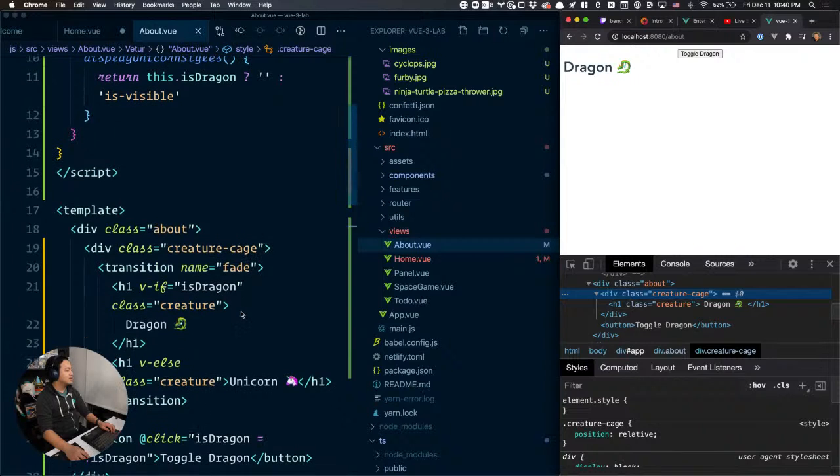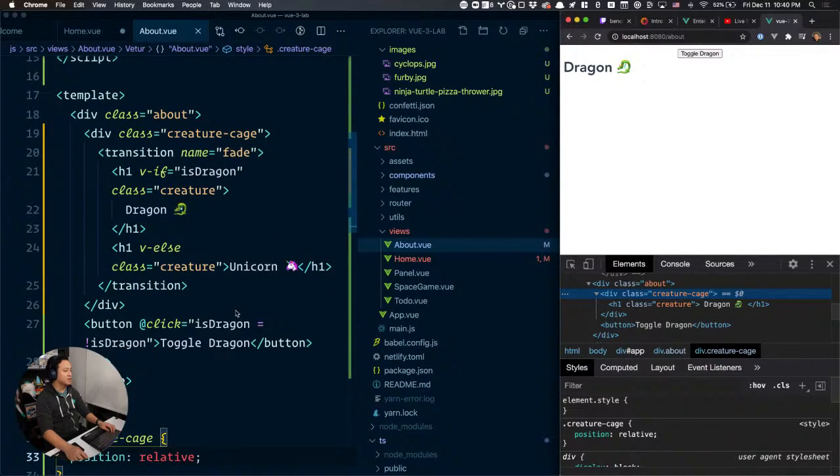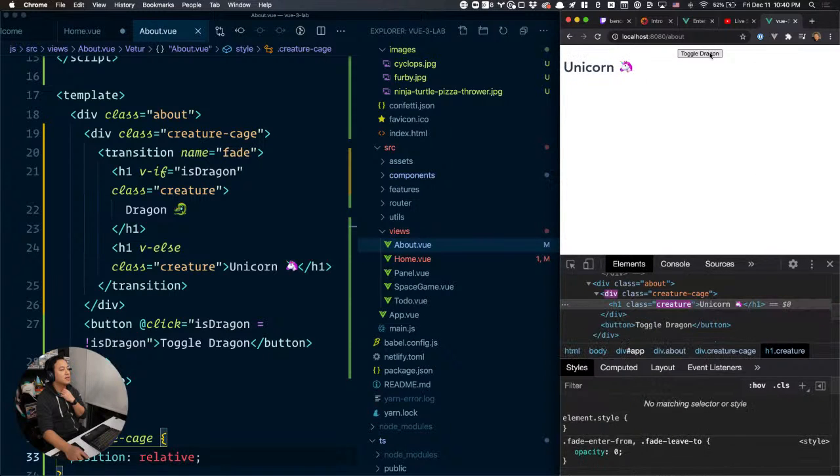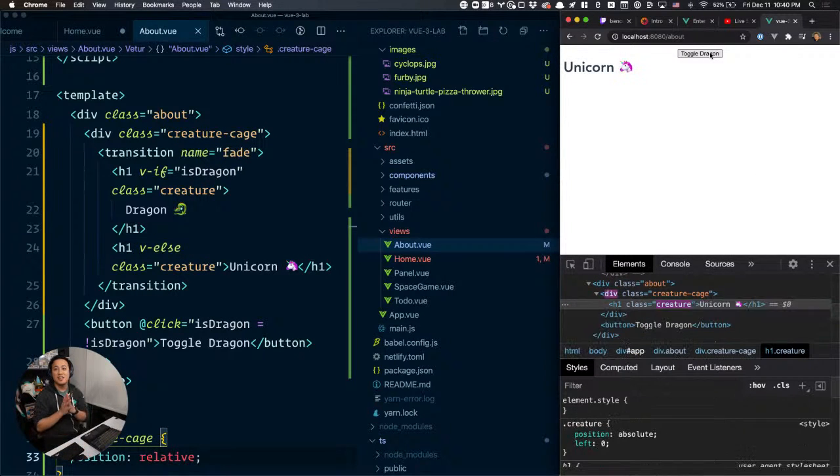What? Creature cage has no height, yet the child does. Is this because of some weird... All right, let's find out. Oh, okay. So that worked. Which, now that I'm thinking about it,